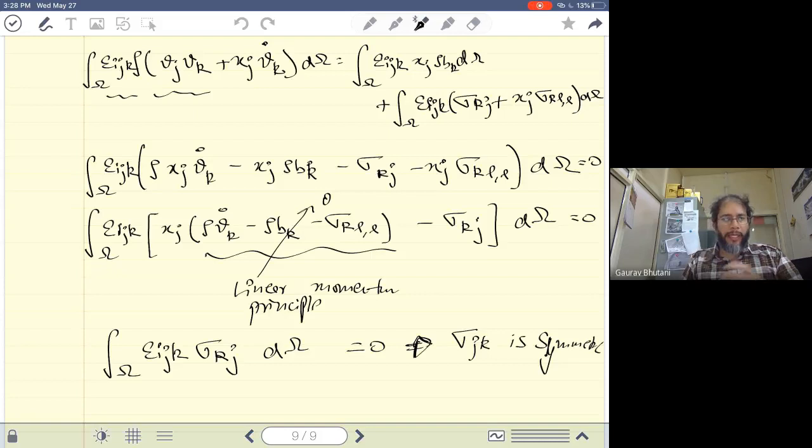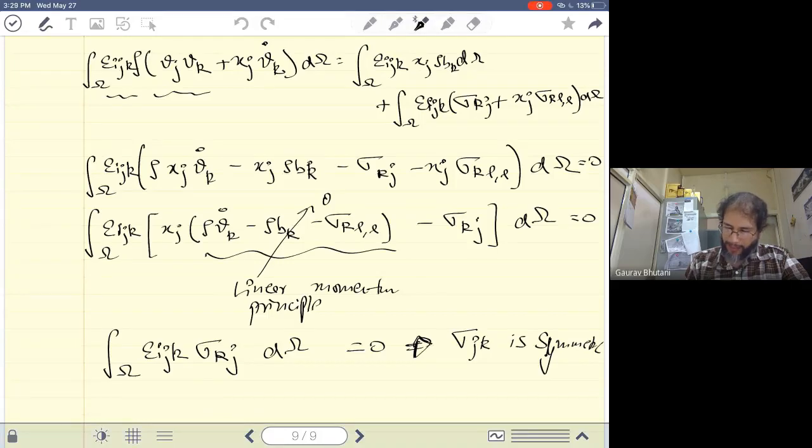So the only idea we learned here is that sigma is symmetric even for the bodies which are accelerating, because earlier we had derived sigma to be symmetric from the conservation of angular momentum when the net torque was zero. But even if the net torque is not zero, that is, the body may be accelerating angularly, even then sigma is symmetric. So this is a more general application of sigma being symmetric. That's all we learned from the application of the angular momentum principle for accelerating bodies.